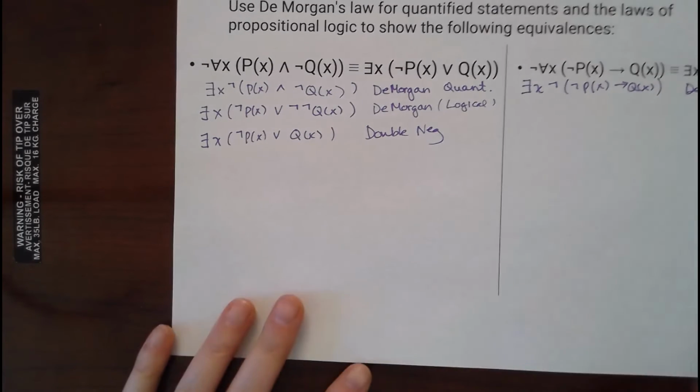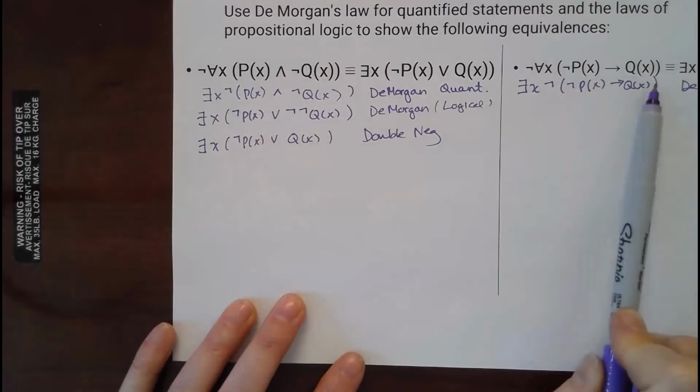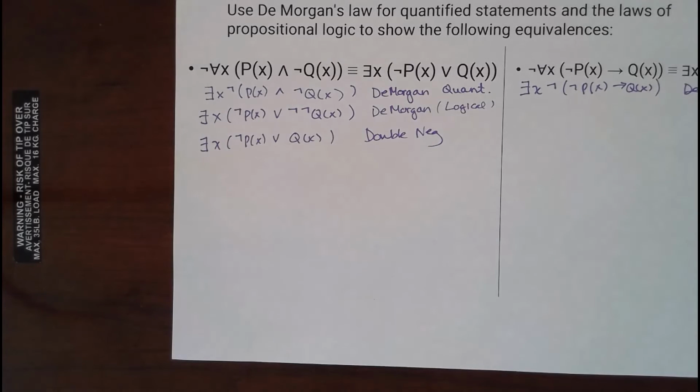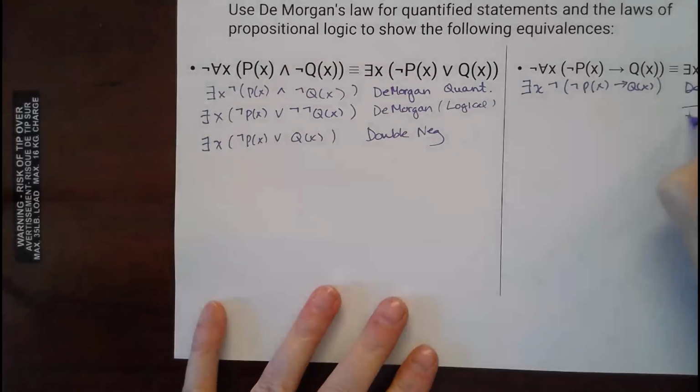And then I notice that there's an implication in this one, but what I'm trying to get it to be, this doesn't have an implication in it. So what do you feel like you want to do? And an option is not like run away and cry. You have to do something else. What law do you want to apply? Yeah, say it. What was it, Evan? Yeah, the implication law. Alright, so I don't have my cheat sheet, so does anybody remember what the implication law is?